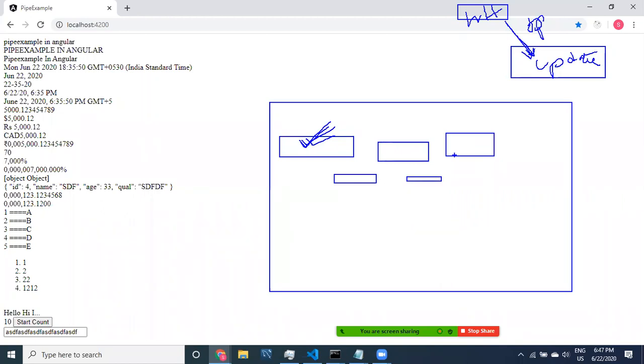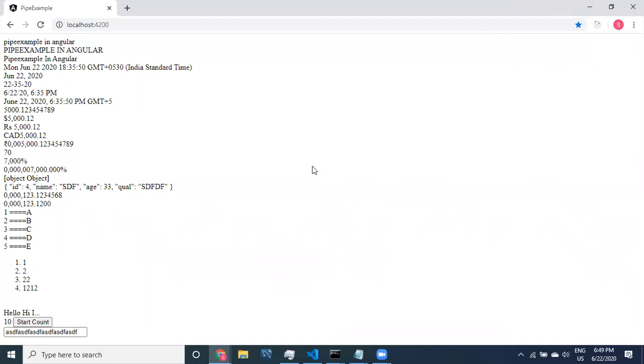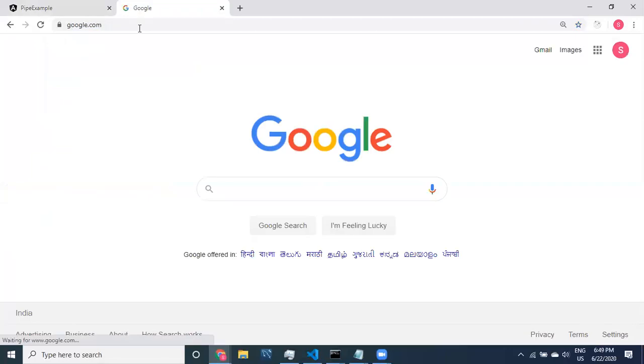To implement non-blocking activity, we have the concept of observables. I will show you observables.